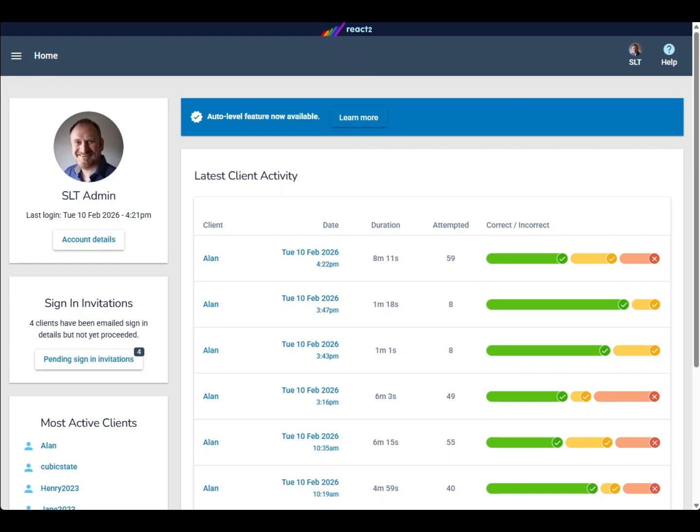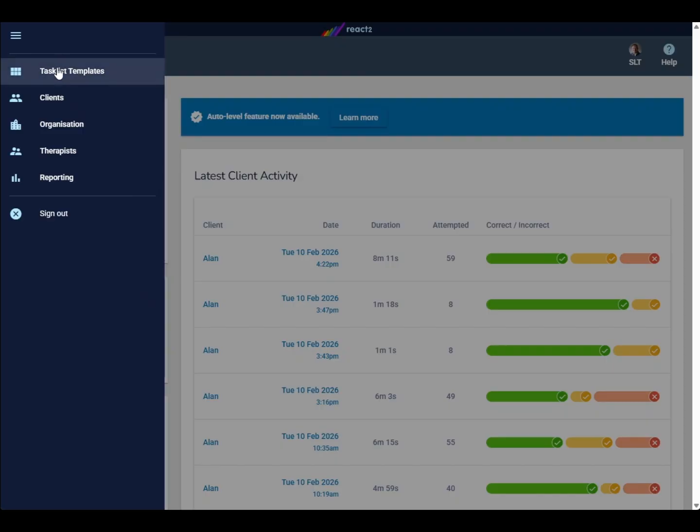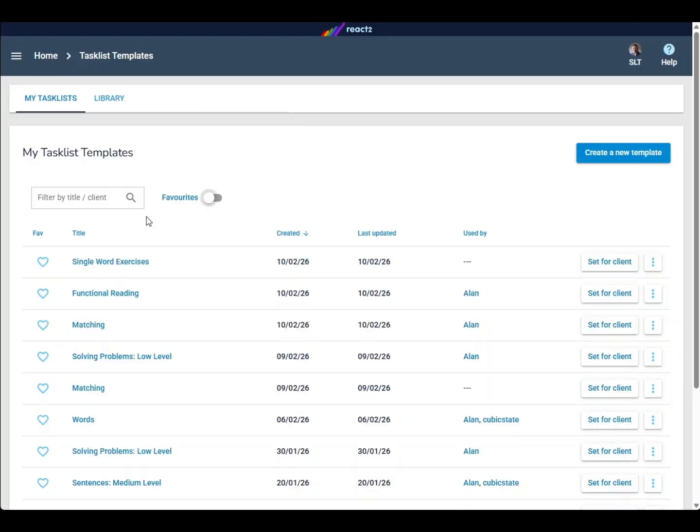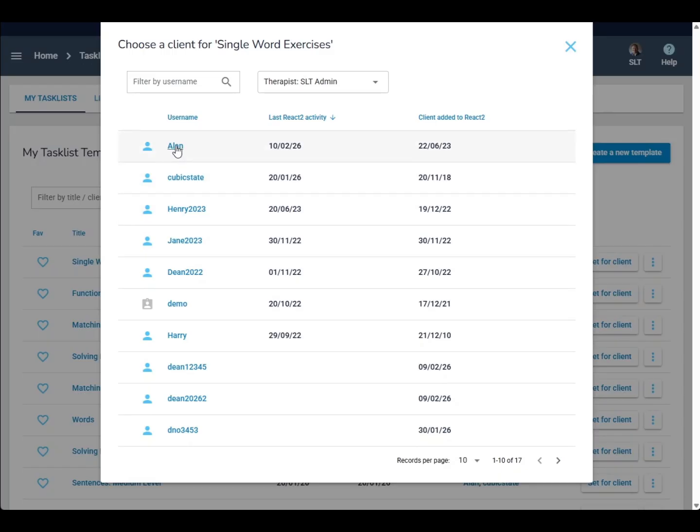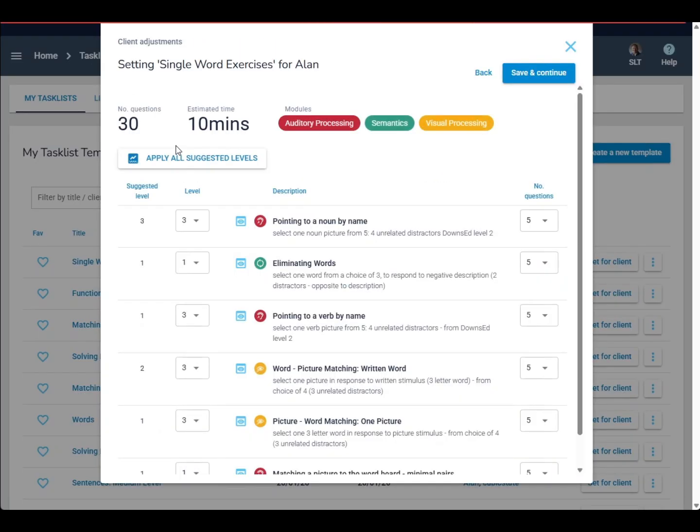So I'm now signed in as a therapist. First, what I'll do is open up set a new task list for a client. So I open up my task list templates page, and I'll select a pre-made template that I have here. I could make a new one, single word exercises, and I'll set this for my client Alan. So if I just simply click set for client and choose Alan,